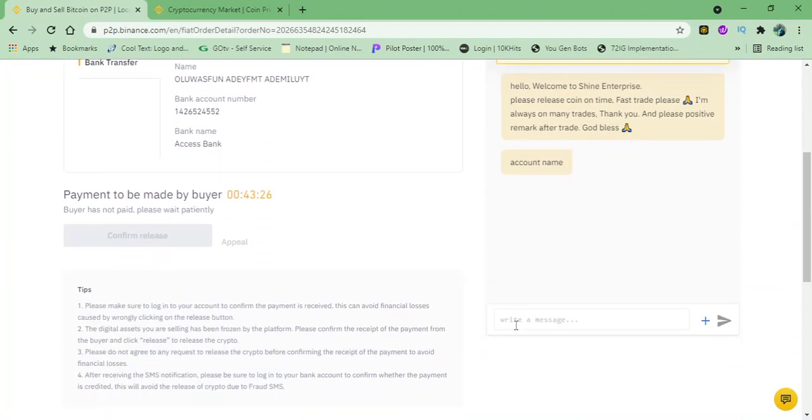Okay, you can see this guy is asking me for the name, did not get it right. So let me just type it to him, because I don't know why Binance did my name like that. Most of them used to ask me, I don't get this your name. So I just typed it to the buyer now. It's already online, we want to make the payments. So let's just wait for him and see